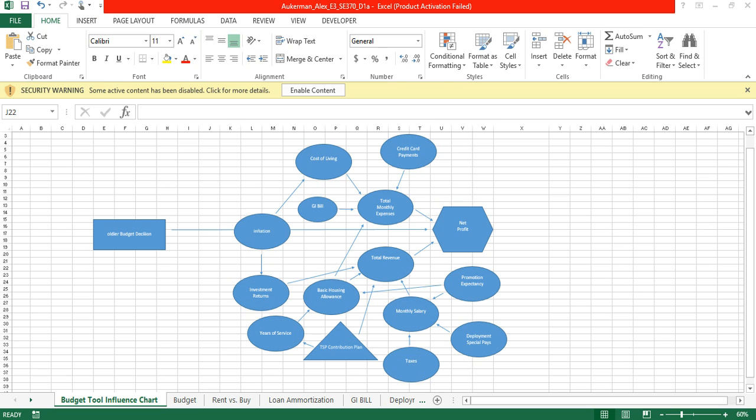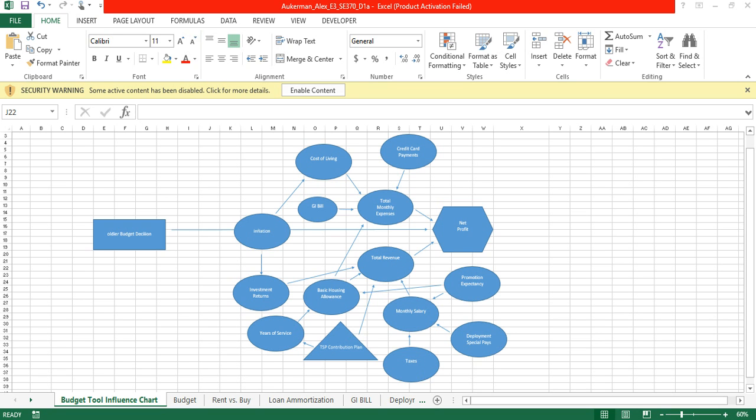Given by our influence chart, you can see that the total monthly expenses is affected by quite a few different things. One being the credit card payment, the cost of living, which consists of a whole lot more than what's shown. The GI Bill, which has to do with education and school funds,